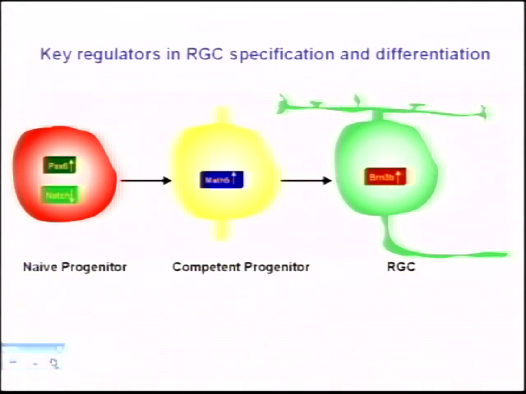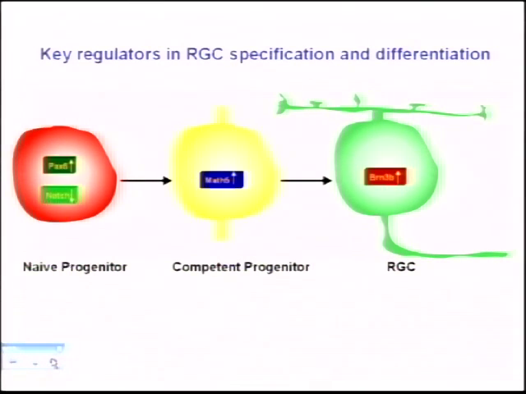And here's another cartoon to give you just an overview of the key steps, or at least the initial steps, that regulate the specification. I use specification and commitment in the same way, even though there are differences. So here we have the progenitor cells. The red here are the progenitor cells, and two important transcription factors have to be at work here. One is PAX6, which I've already referred to. PAX6 is a pan-neural transcription factor. It's important for the development of a lot of retinal cell types.